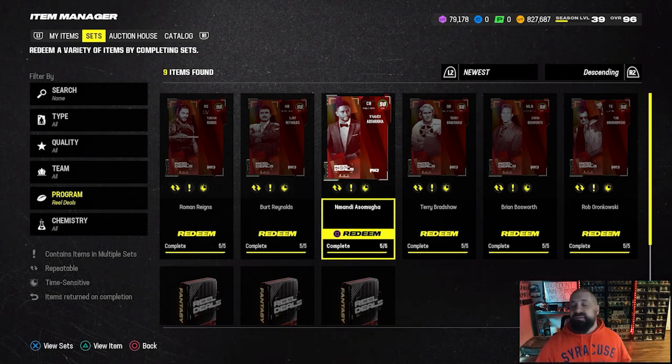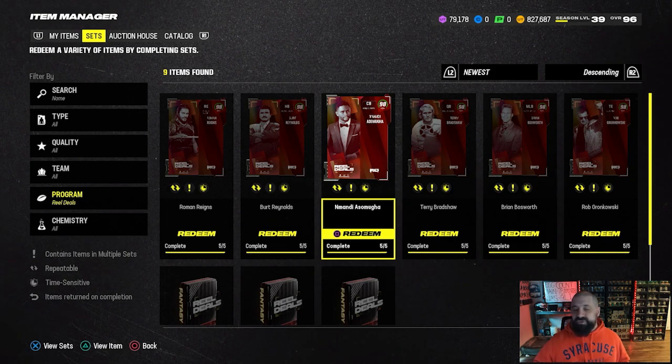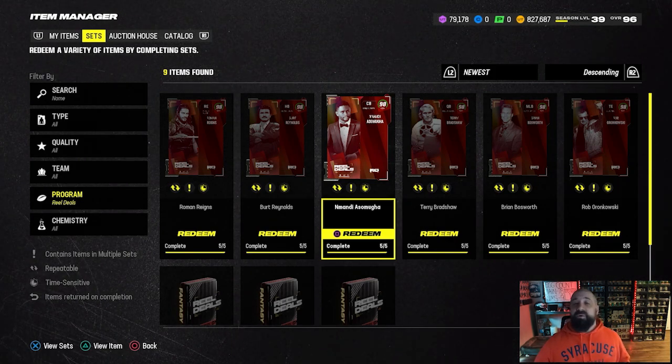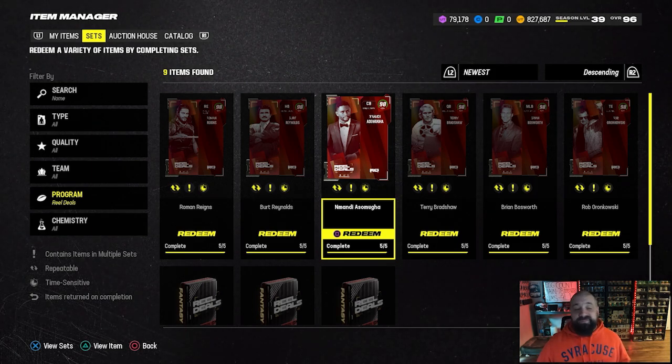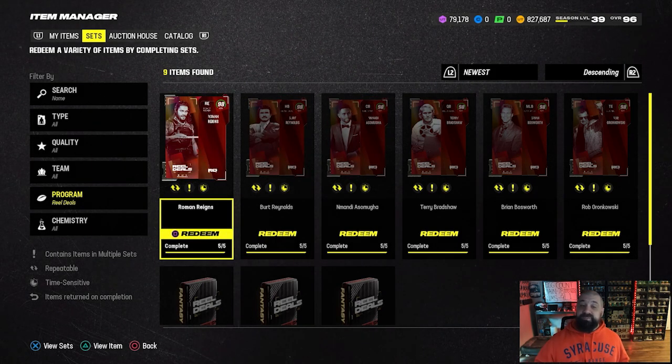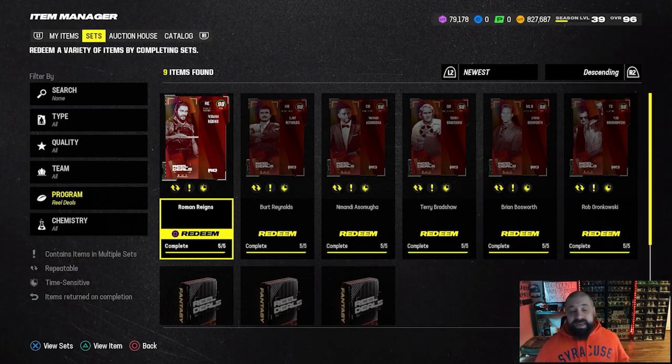The only problem with this card is that he's more beneficial for a zone scheme, and if you guys don't know by now, I run a man coverage scheme, but I do think he'll be an upgrade as a slot defender for us. Roman Reigns is definitely my favorite card of all of the 98s there, and we could